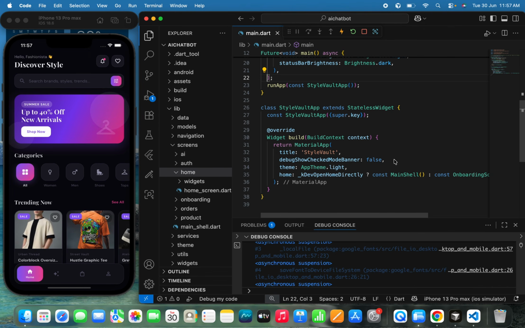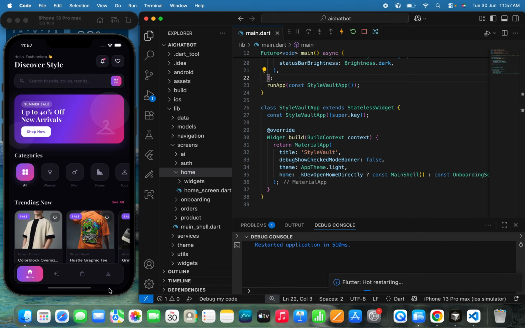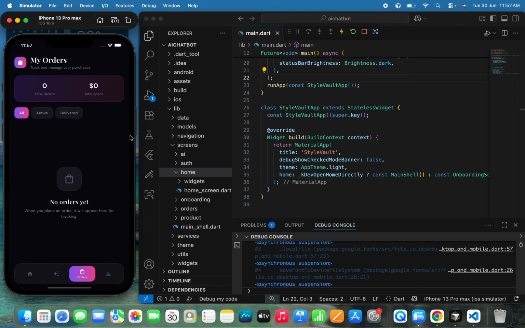I guess they have created this. Now I'm going to hot restart this, and this is the order page, like total order, total spend. We are not seeing any orders, so it shows no order yet. Okay,